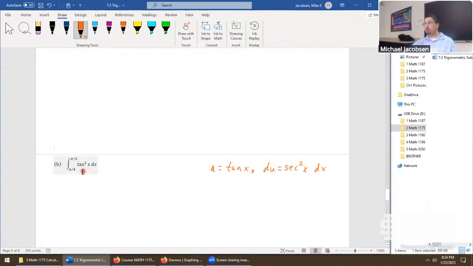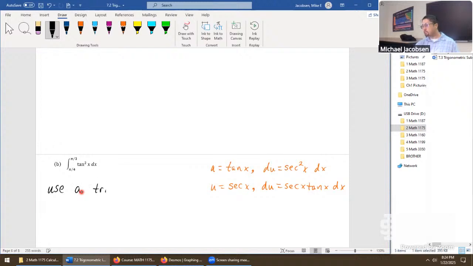If we rewrite this, you could get a secant squared to come up, and maybe you don't even need this u substitution. The other thing that we could try is u equals secant x. This looks less promising because now the differential is secant x times tangent x dx. The only way to make this work out is to multiply by secant over secant, so we can get a power of secant to appear. Doesn't look too approachable. So all that's left up to us is to try an identity. So let's use a trig